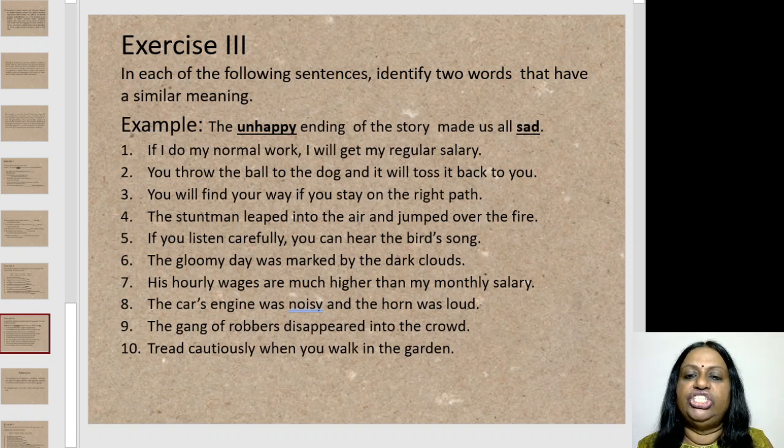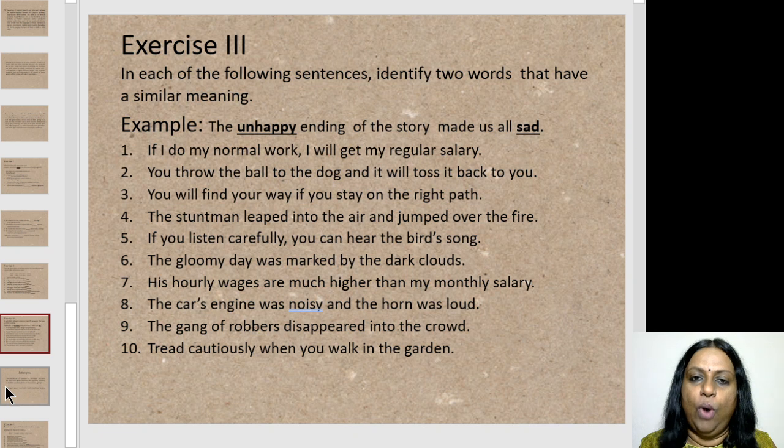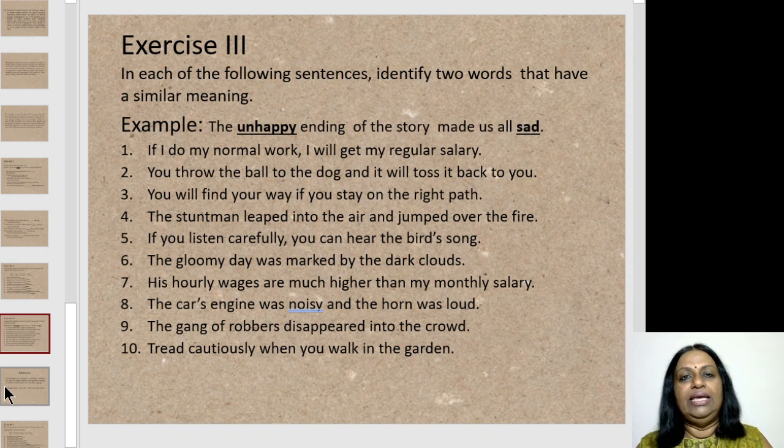Tread cautiously when you walk in the garden. Which are the two words which have similar meanings? Tread and walk. So do you see how there are hundreds and thousands of words in the English language which have similar meaning? So you can build your vocabulary by